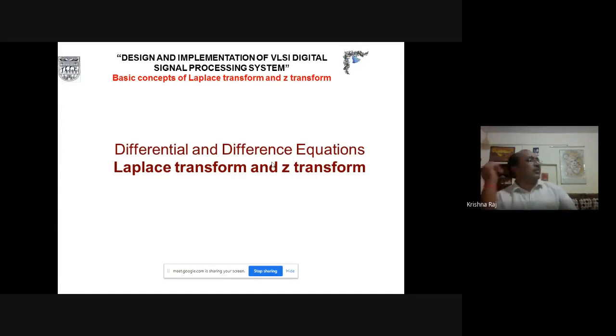There is a function which we always use in order to describe any system, or to describe the characteristics of the system, that is named the transfer function. And what is the transfer function? It is the ratio of the transformed output to the transformed input with all initial conditions considered to be 0.